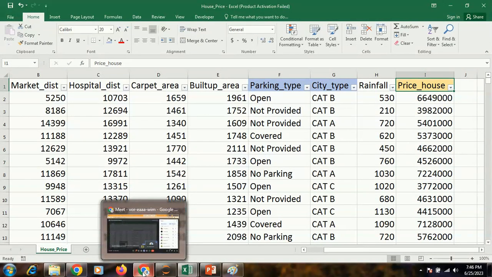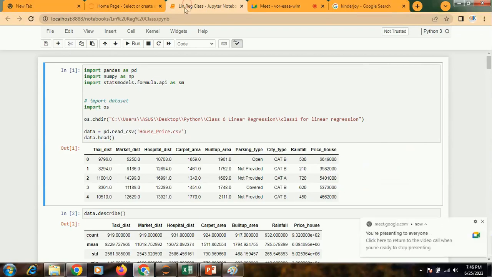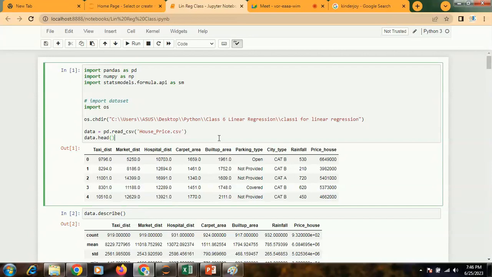So we will get into Python. At the moment you might not be able to understand all the codes because you have not learned it. Normally for the people whom I teach data science, first I teach them all the Python programming codes.